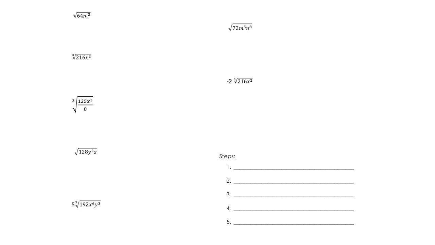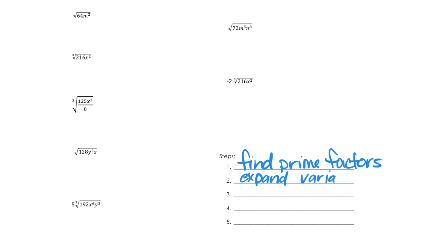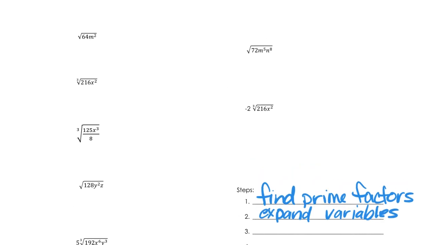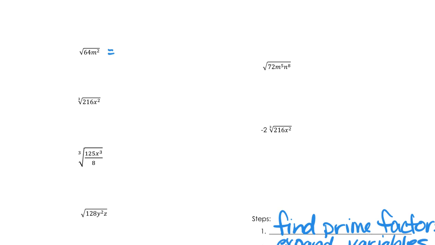Our first step here is to find all the prime factors, including expanding variables. So what I mean by that is up here with 64m squared, we're going to expand that out